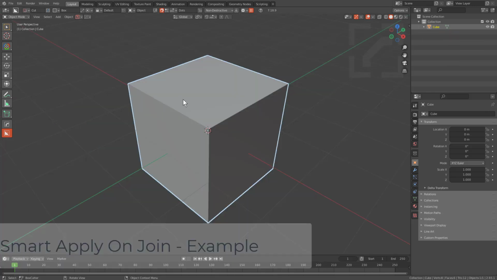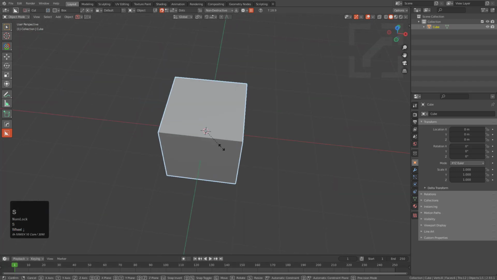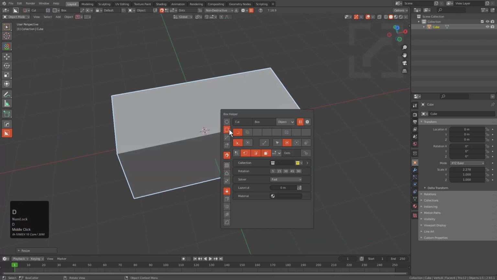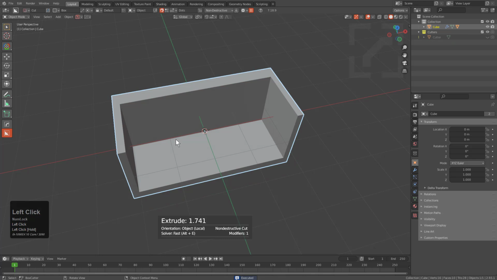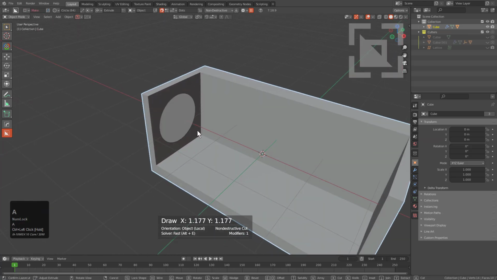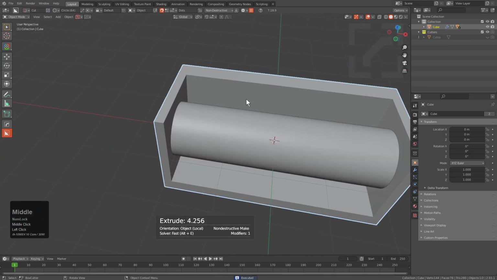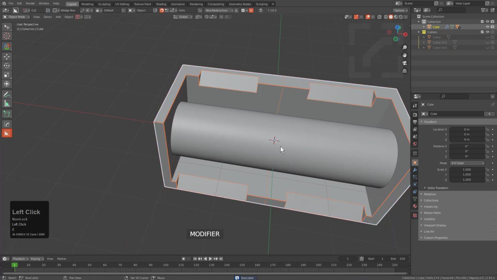So if you're new to HardOps, Dice and Twist is one of those ways that we try to ensure new users have a fun time. So I'll press 1, look at things from front. We'll press S, X, and scale things out. And my favorite example with Dice, or even my favorite tool test with Dice, is the following, where basically I will draw the following shapes, and then I will just join them and dice them all at the same time. However, the process is that if you're trying to just jump straight into twist, you can just do that